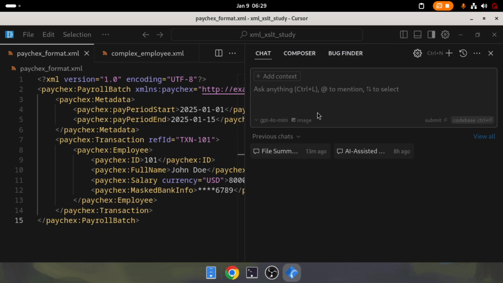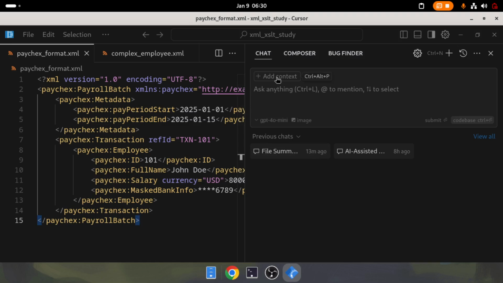Okay, so what is the process? First thing is, once you open the chat window, in order to open the chat window, you need to use the shortcut key called Control L. Okay, that is a shortcut key. You can see the shortcut key written here, right? You need to use Control L,